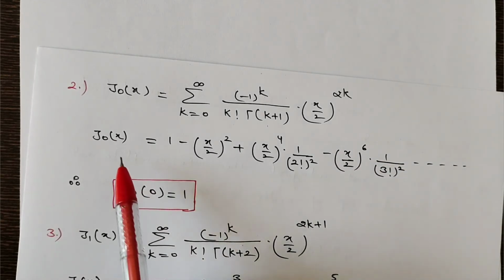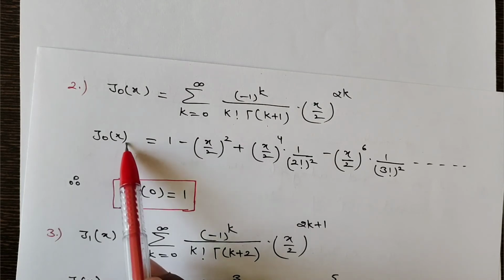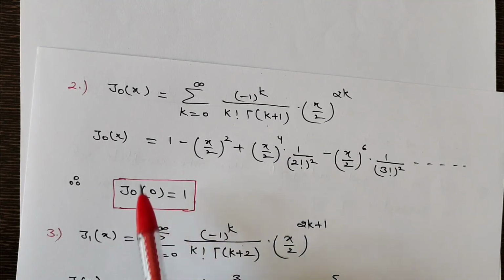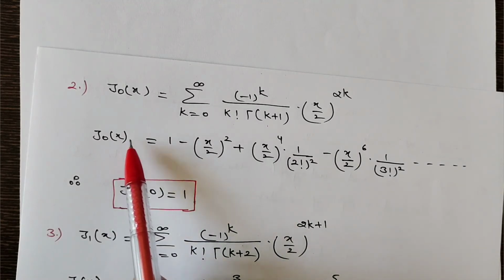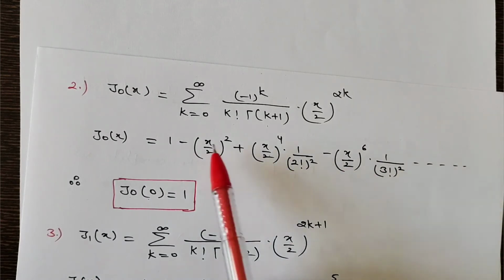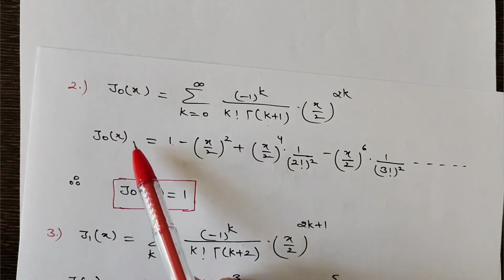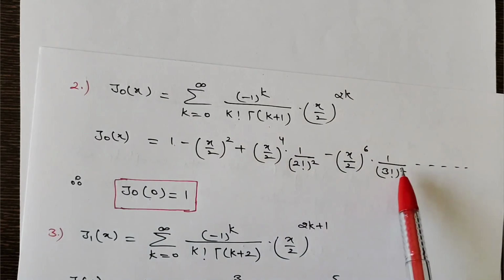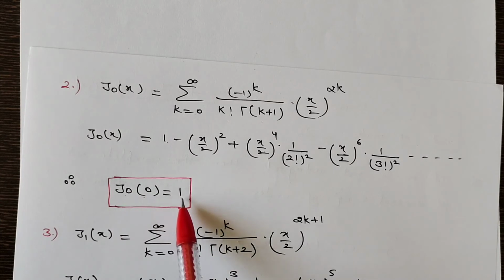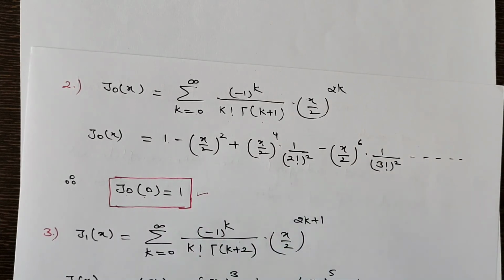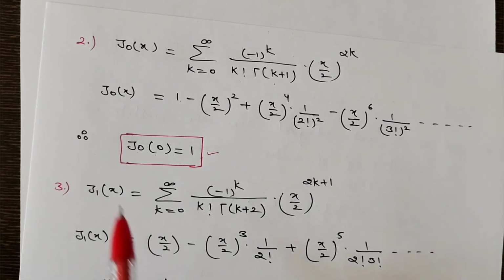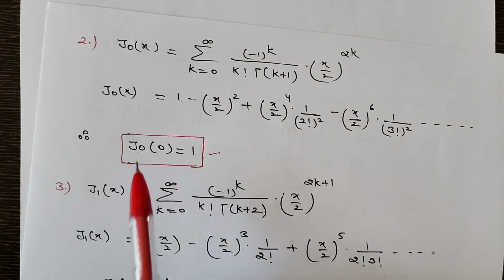So now I would like to find J_0(x) at x equals 0. That's why I had written J_0(0). It means you have to replace x by 0 in this expression. So look at these terms. All terms contain x except the first term. So when you put x equals 0, the entire terms will become 0 except this one. So you can say J_0(0) is nothing but 1. This is a very important remark corresponding to the Bessel function of first kind of order 0, because we are solving for n equals 0.